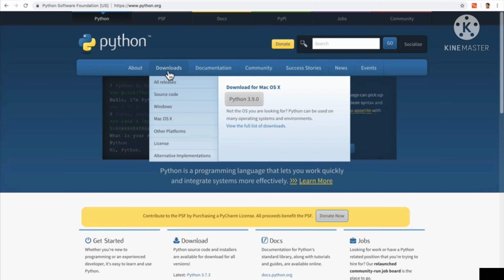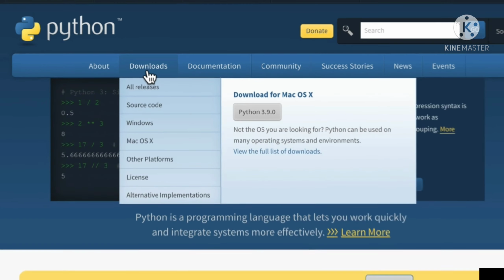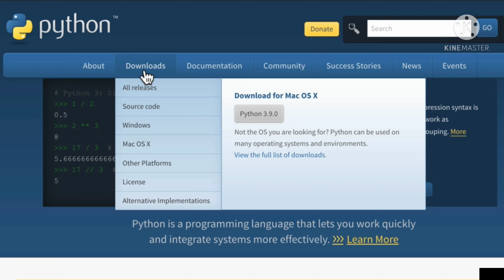Now, if this is not your first language, and let's say you've written code in C, C++, or JavaScript, and you just want to learn Python, well, you're going to find these first couple of videos quite easy. But bear with me. Trust me. We're going to get into some advanced topics here. And we're going to make you a full-fledged developer by the end of this. But let's go back to this topic at hand, this idea of downloading this translator.